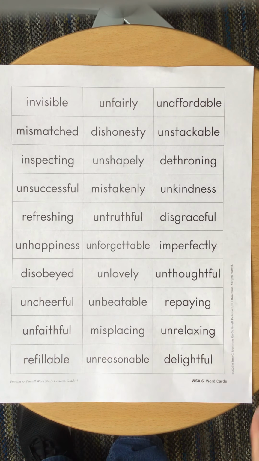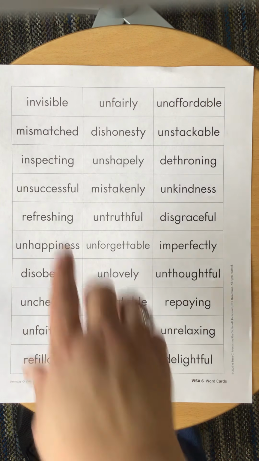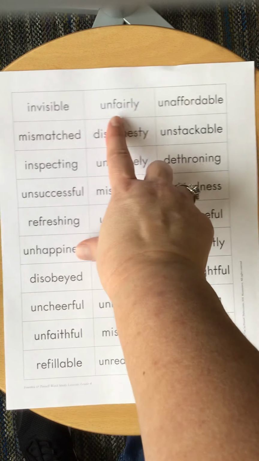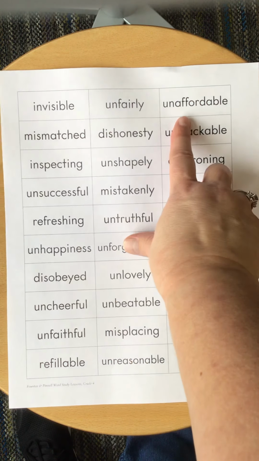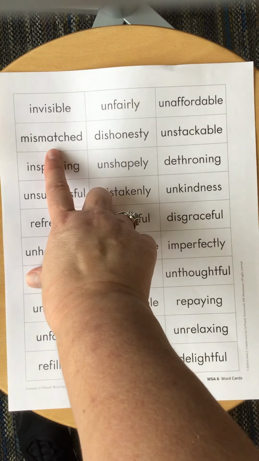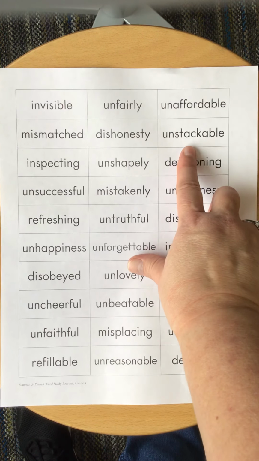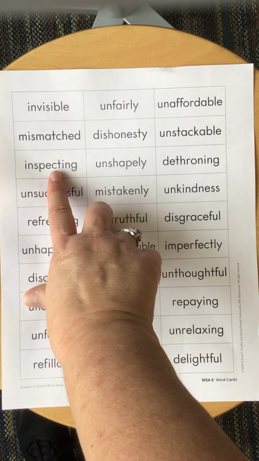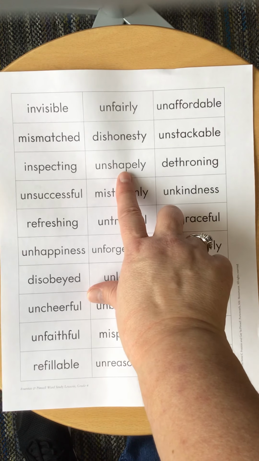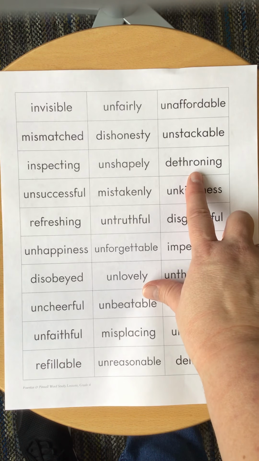I'll go through and read them just in case you're not sure of them, but then if you forget, you can ask somebody at home. We have invisible, of course, unfairly, unaffordable, mismatched, dishonesty, unstackable, inspecting, unshapely, dethroning,